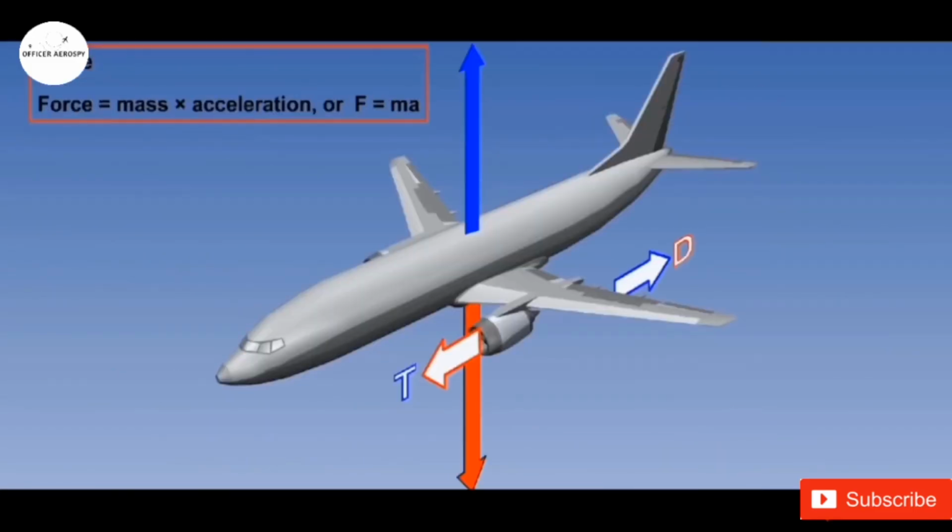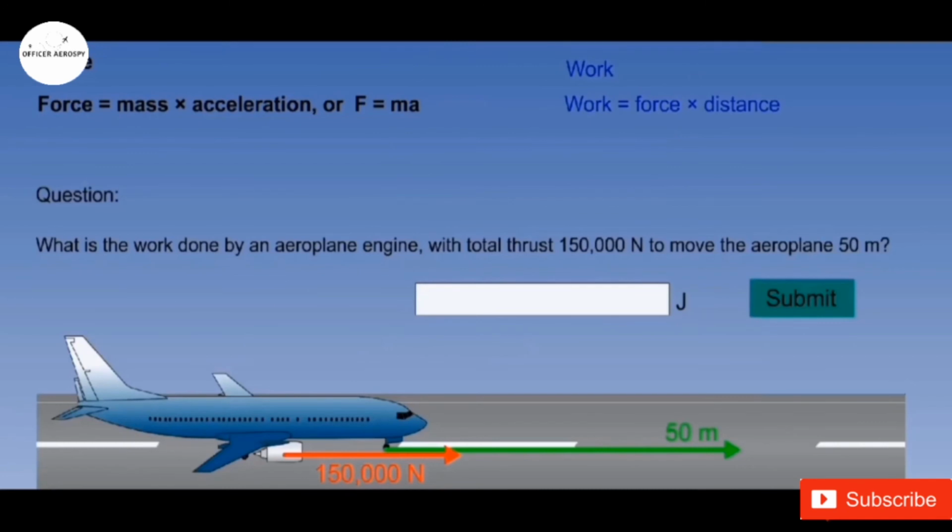Next, force. A force is a push or pull in a defined direction and is measured in newtons. In the first lesson, we introduced the forces acting on an airplane, which are lift, weight, drag and thrust. A force can cause a mass to accelerate and these terms are related by the equation F equals ma. The force is said to do work when it moves an object a distance. The amount of work done depends upon the size of the applied force and the distance it moves the object.